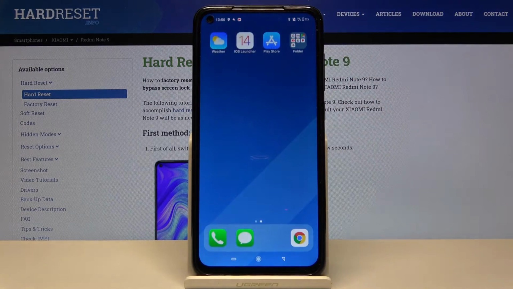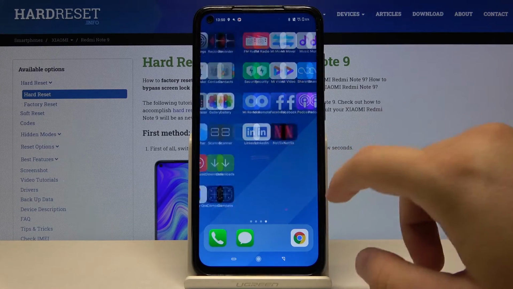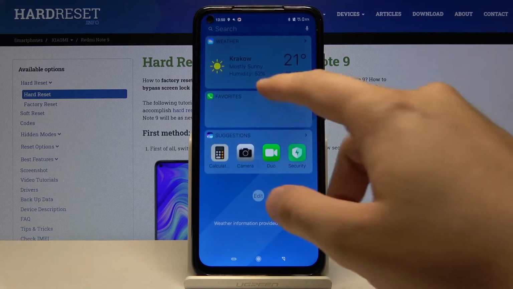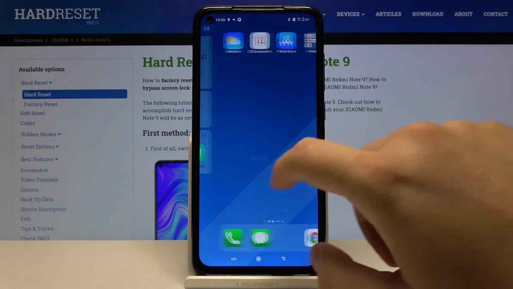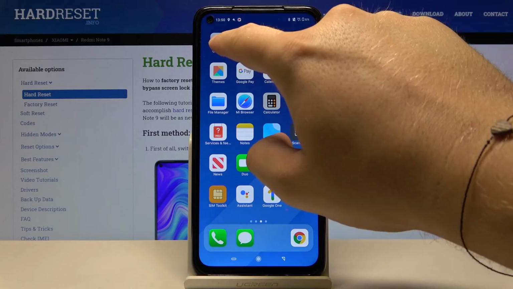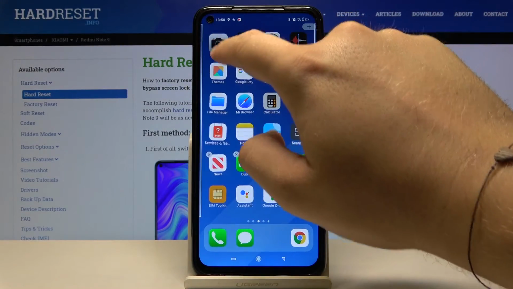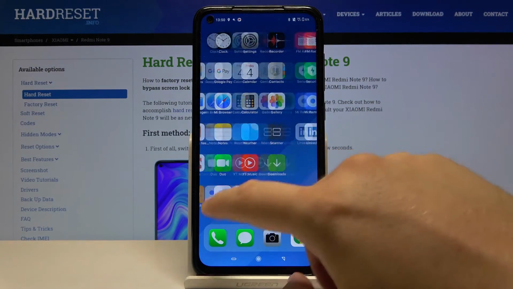Tap on this notification that we got it, and it loads all our stuff that we have on the smartphone. And here we also get the widgets on the left side, and we can maybe try to edit the home screen icons. So, as you can see, that's how we can get this launcher on your